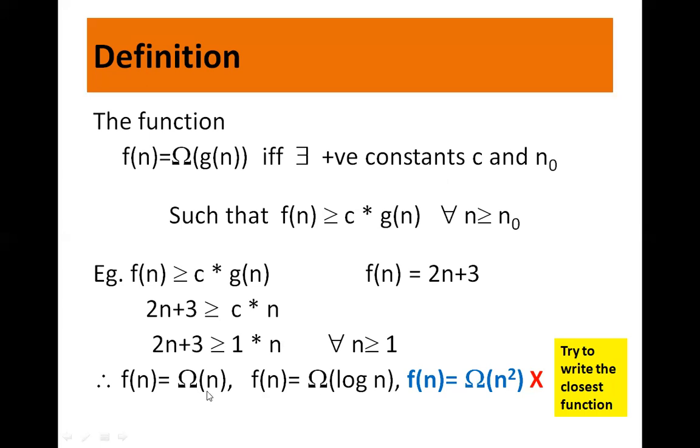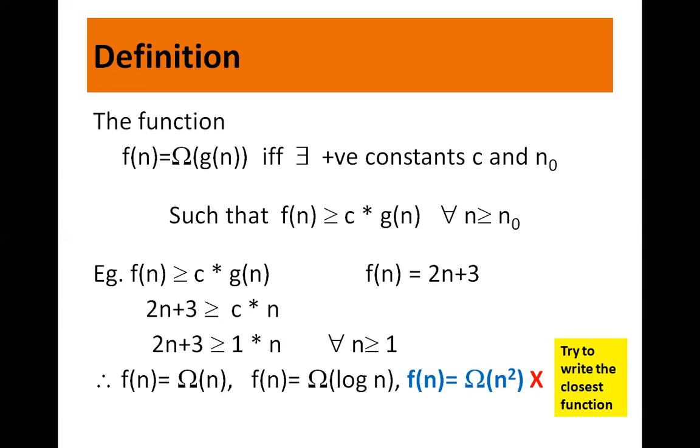Why? You start from n. If you go on the higher side, it becomes upper bound. We are talking about lower bound. So less than n, so we can talk about log n. Fine. But when you're writing it, you'll always write big omega of n. Why? Because you are choosing the closest function. This is also correct, but this is more correct to give you a tighter lower bound.